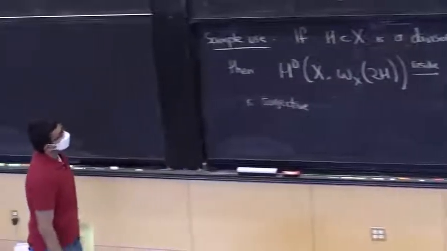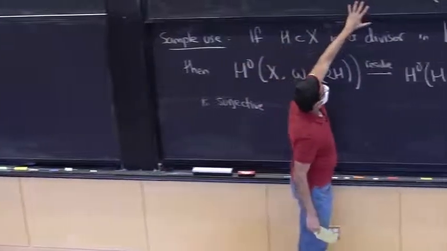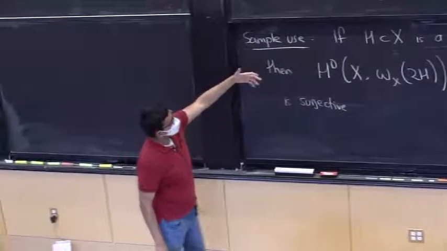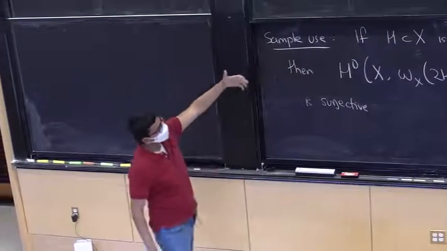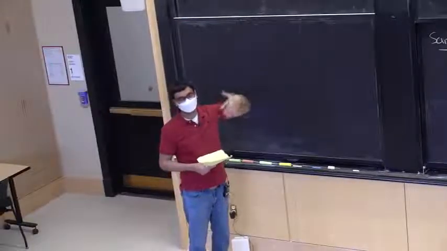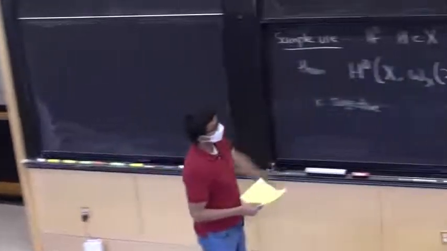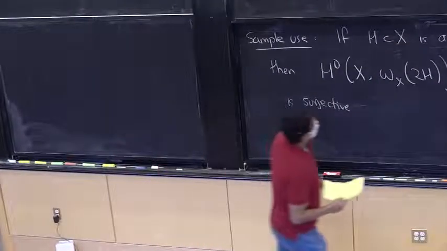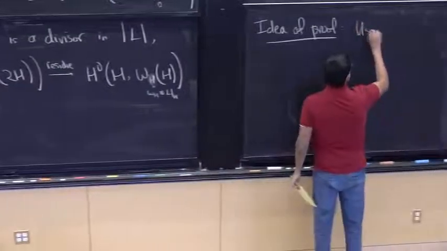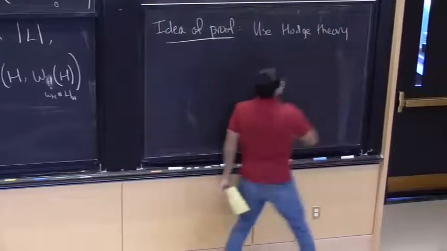is you try to use some Hodge theory to translate what this vanishing means, which is a vanishing happening in the world of algebra, meaning in the world of coherent sheaves. If you like, I could have stated this entire theorem in the language of graded modules over graded polynomial rings in some super concrete way. It has nothing to do with any topology, but you translate it into something which does have something to do with topology, and so you use Hodge theory